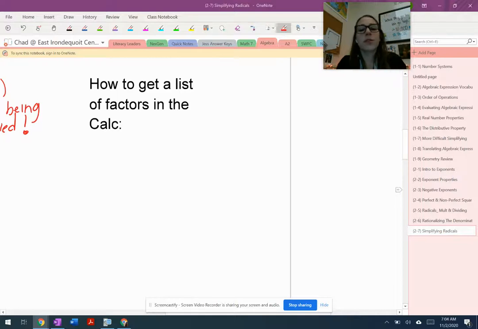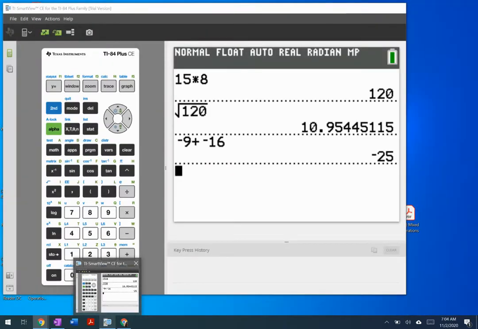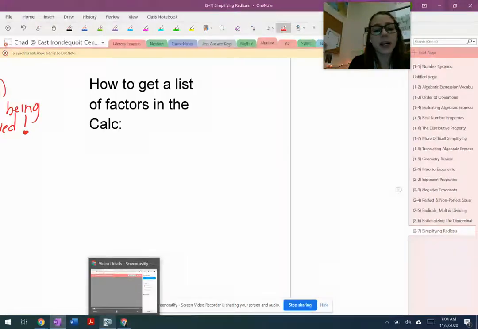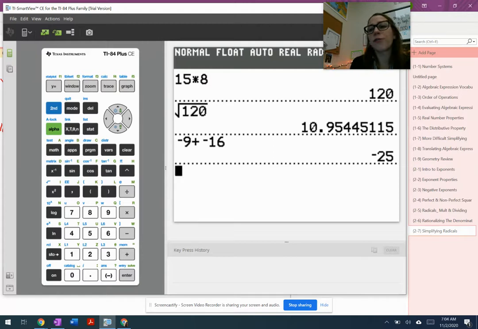Okay, so this part of the 2-7 lesson, simplifying radicals, is really important because it talks about how to get a list of factors in the calculator. And this is going to save you a lot of time. Because before, if I wanted to get factors of, let's say, 48,